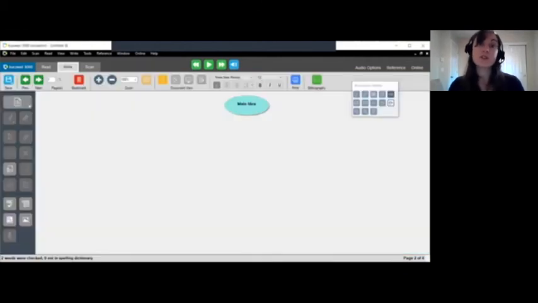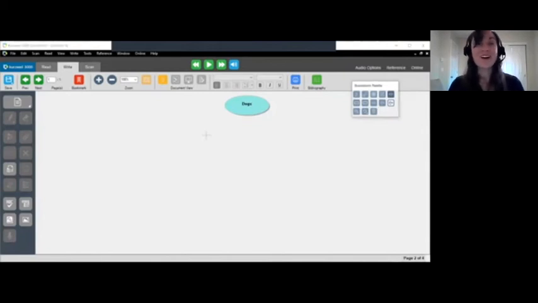All blank brainstorms start with a circle or an oval at the top that says main idea. To edit what it says in here, you can click inside of it and then backspace to erase whatever is there. Let's say for my paper, I wanted it to be about dogs. So I'll go ahead and write dogs. And then when I click outside of the oval, there is this crosshair that appears. That's where a shape, if I choose to input a shape, will appear when I select it.